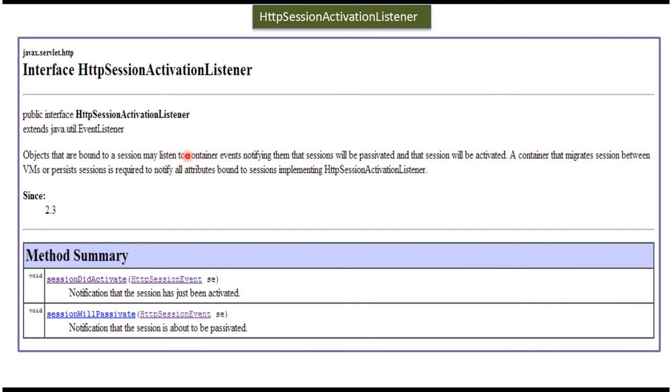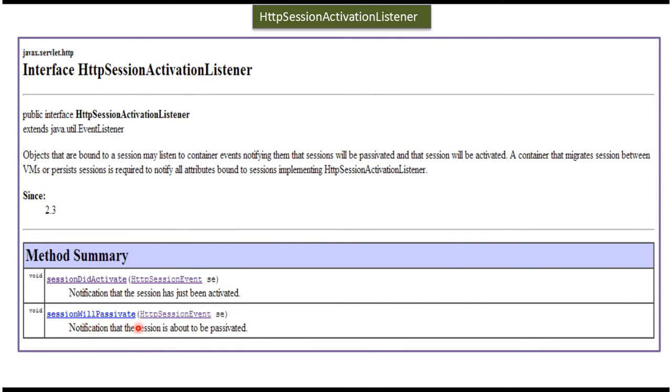Now we'll see the HTTP session activation listener interface. Suppose objects want to get notified whenever the session is activated or passivated, then the object should implement this HTTP session activation listener interface and provide implementation of these two methods. So when the HTTP session is migrated from one server to another server, session passivation will happen, and at that time the session will passivate method will be called.